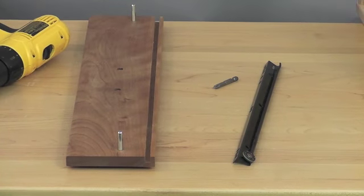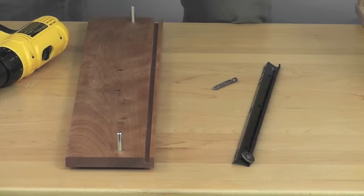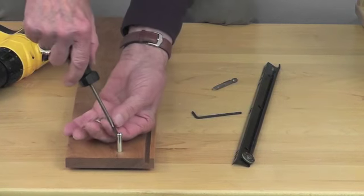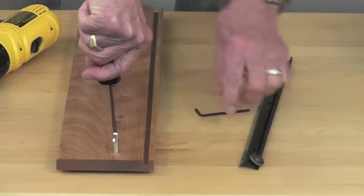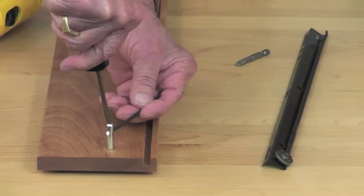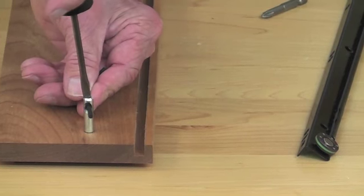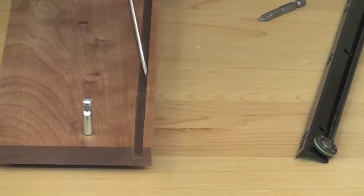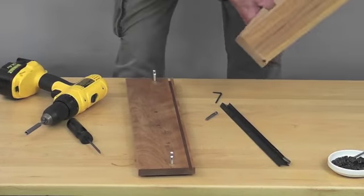Now sometimes it's easier just to take a regular screwdriver, because what we're going to do is back these posts out a little bit. You see the hole through the post there? We're going to align that so that the hole in the post is the same as that. Now,